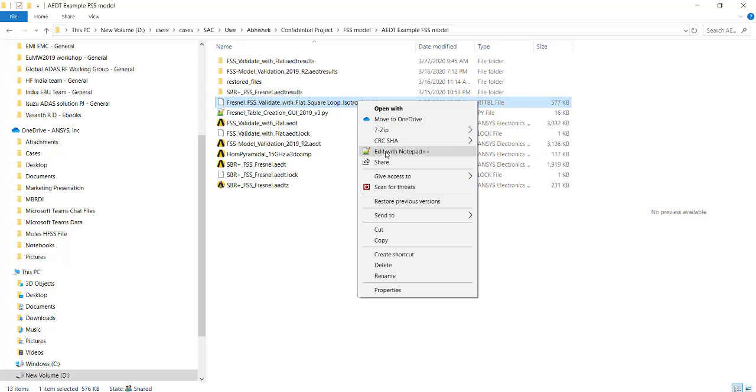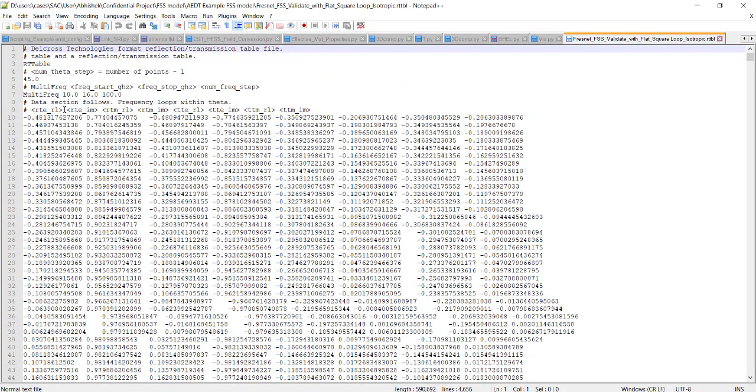If I open it, you can see the reflection transmission table, and the number of points is nothing but the number of steps minus 1. You can see the frequency sweep is nothing but 10 to 16 gigahertz, and 100 frequency points are calculated.